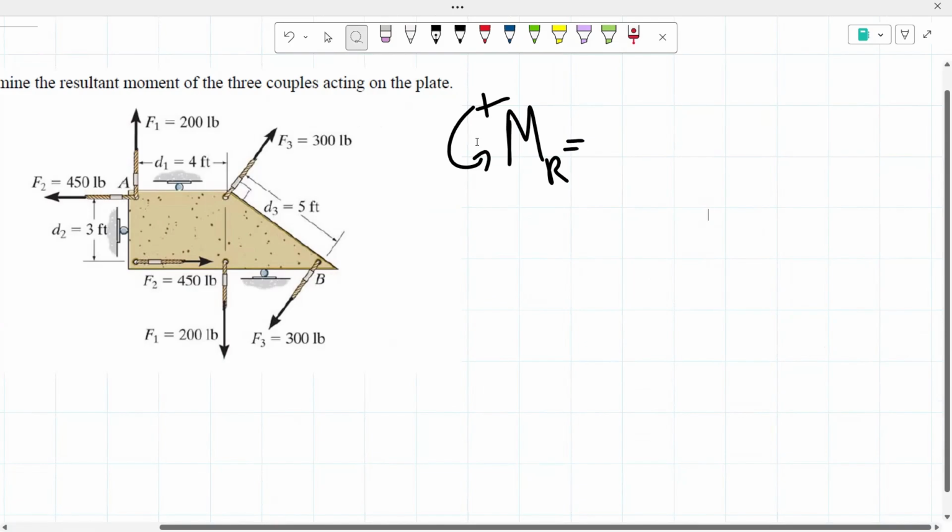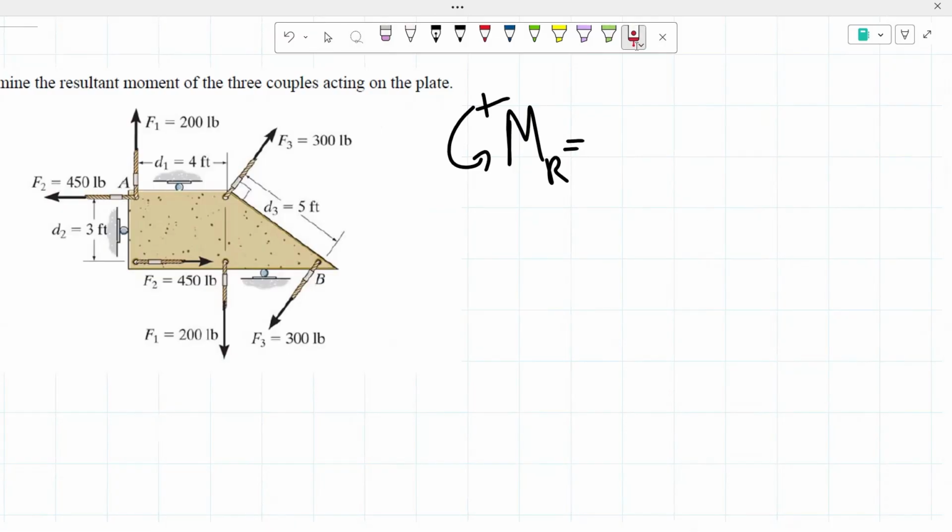So here we're going to start off with forces one, which are the vertical forces, these two forces. Here we have a force of 200 pounds. Both of them are 200 pounds, and that's how it should be. Couples are always the same amount of force. So we have a force of 200 pounds, and the distance between them is 4 feet. Remember that the moment is equal to the force times the distance. All that we have to figure out is if this is going to be creating a positive or a negative